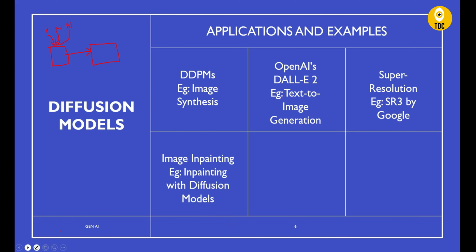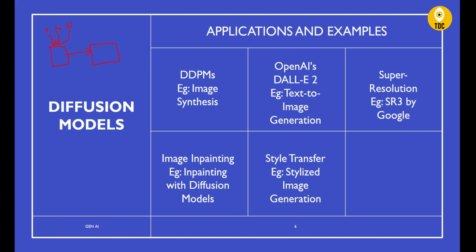And next we have image inpainting. Diffusion models can be used for image inpainting, which involves filling in a missing part of an image by denoising an image with missing regions, right? And we have style transfer. A styled image generation tool can be created using diffusion models, where the style of one image is applied to the content of another by controlling the denoising process. These models can create images that combine content and style in novel ways.